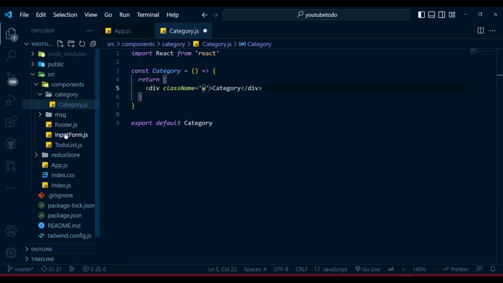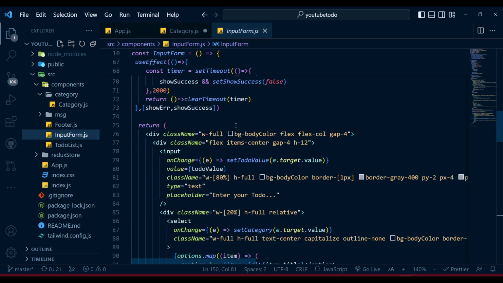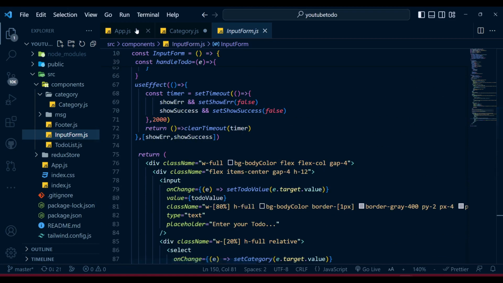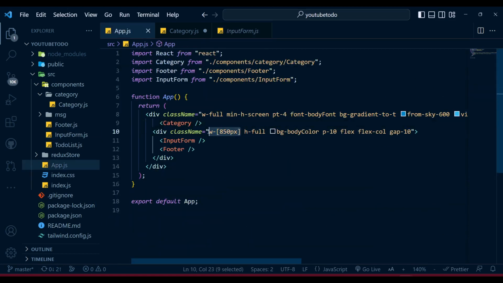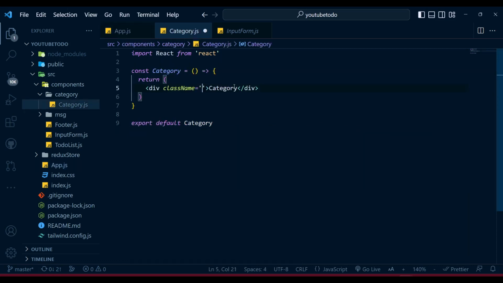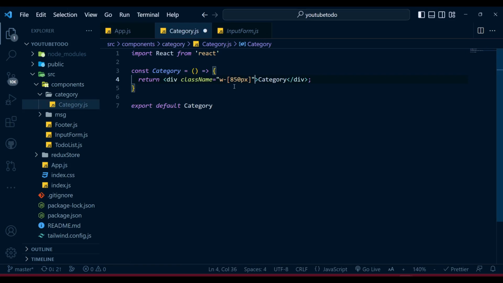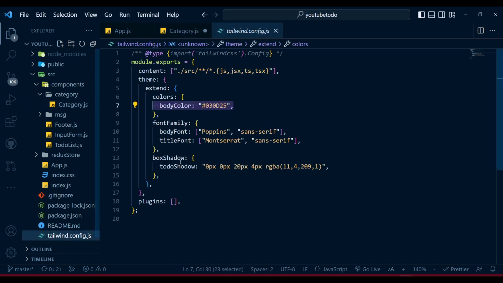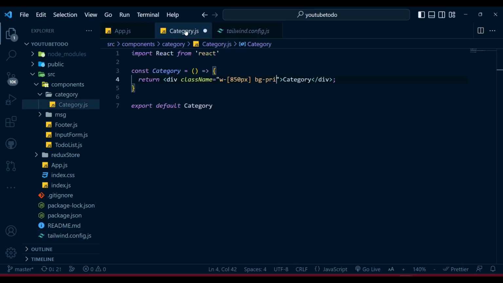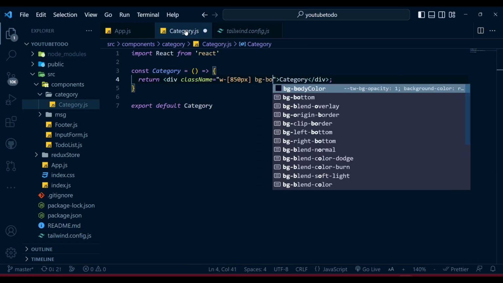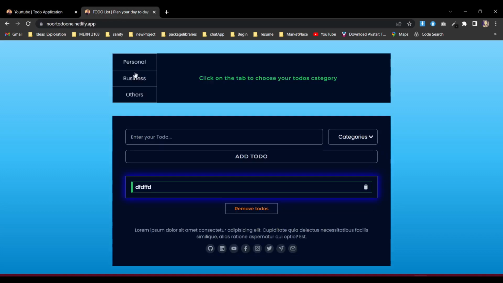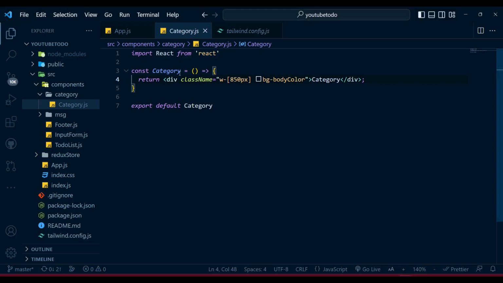let's see first what about the width we give in our input field. I think it's 80%, but the maximum width was 850 pixels, so we're going to go with that width. So let's give it that one here, and I think we also categorized a body color. So the BG will be body color. And if we see over here, you see that is right here, so we need to make it only like that. So first of all, that category has two segments, so it will be two divs,